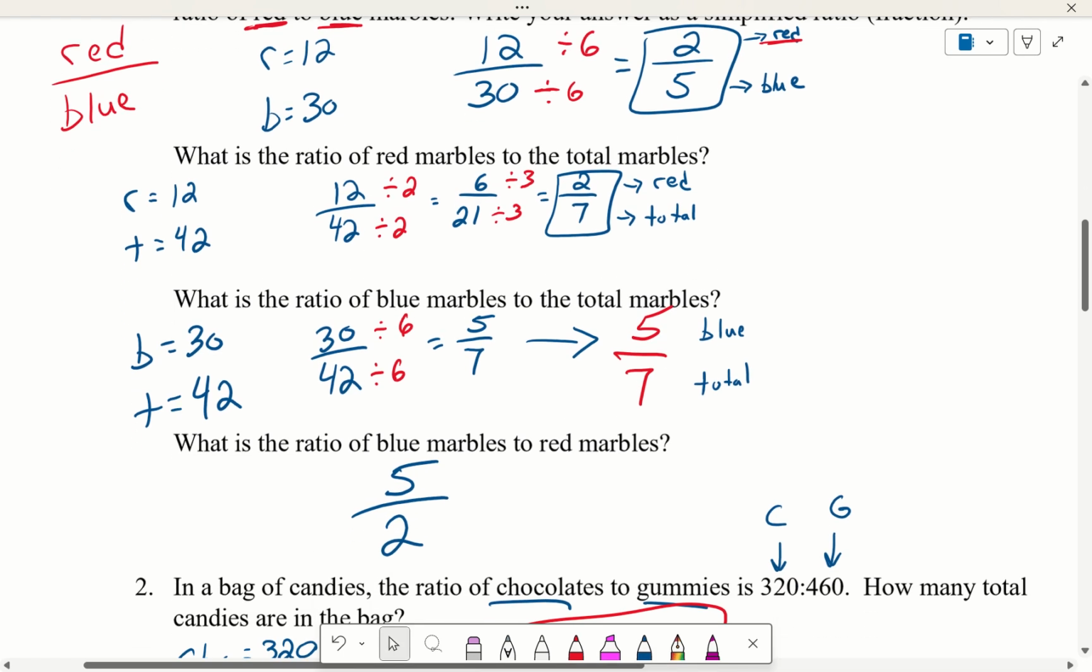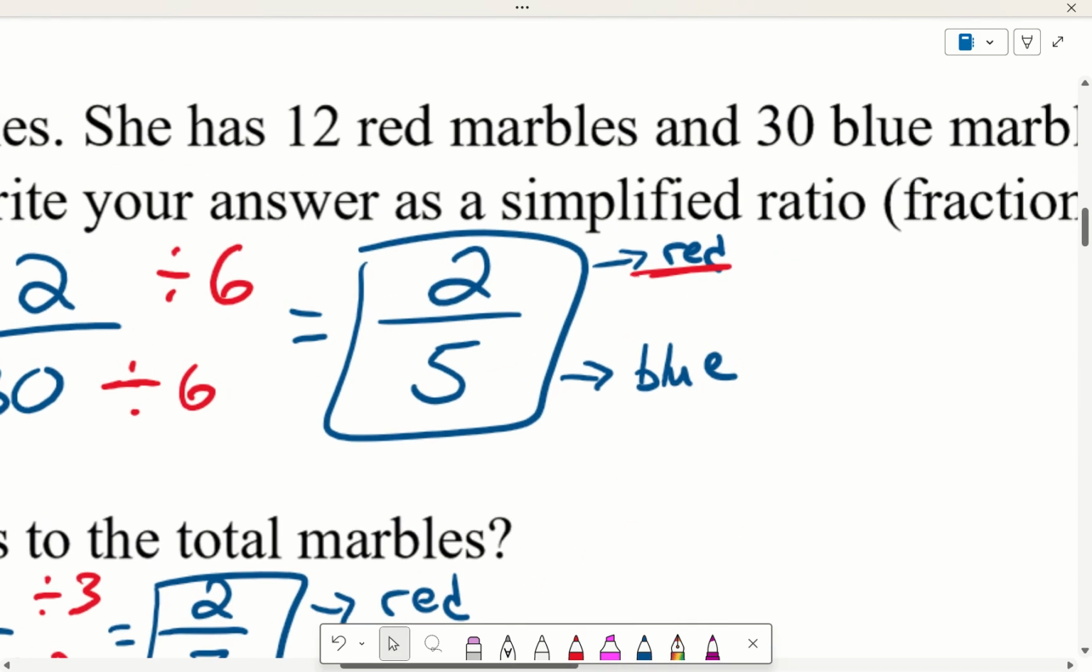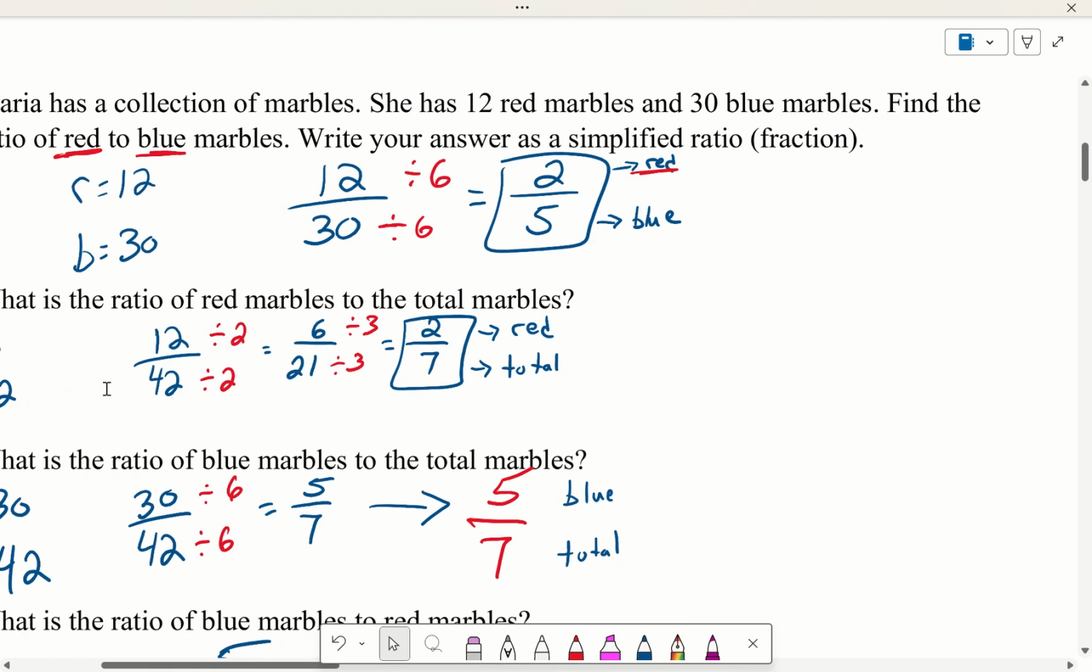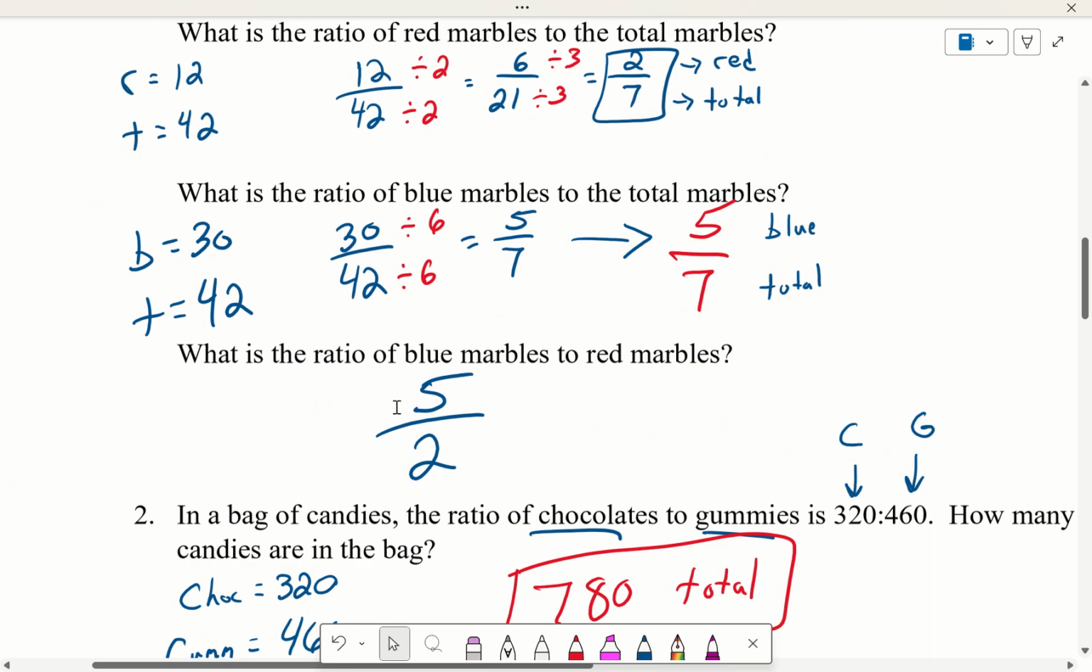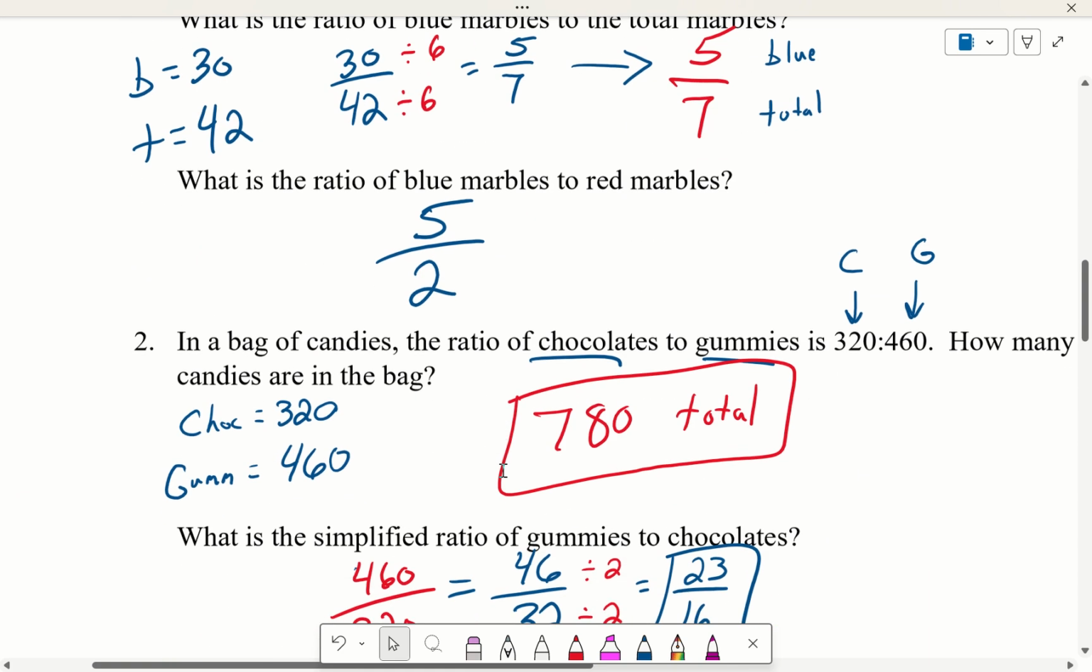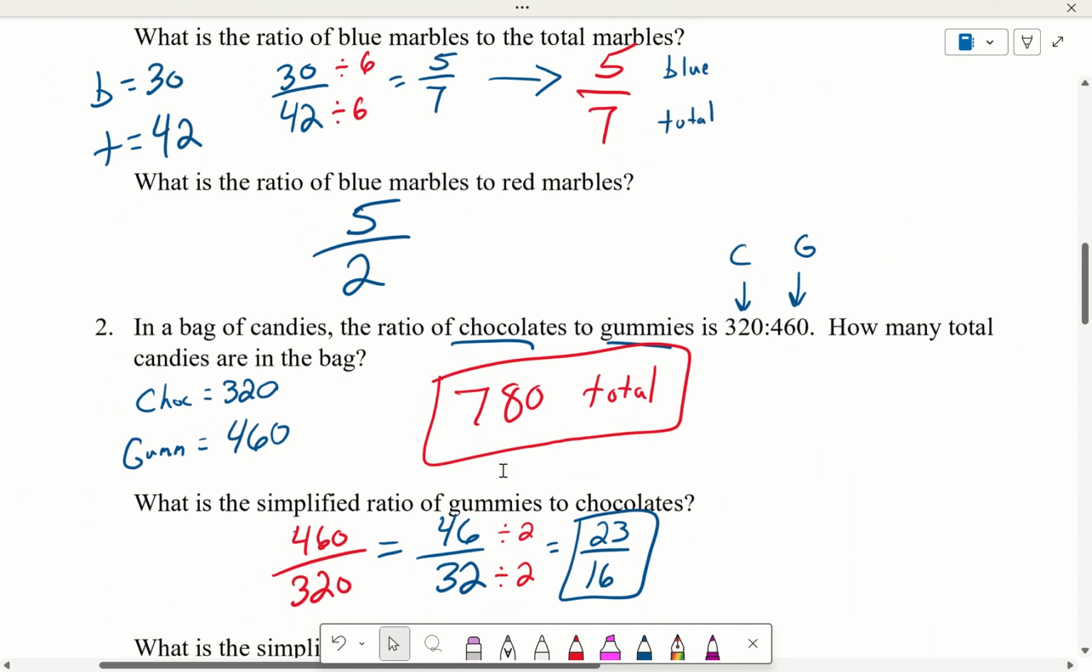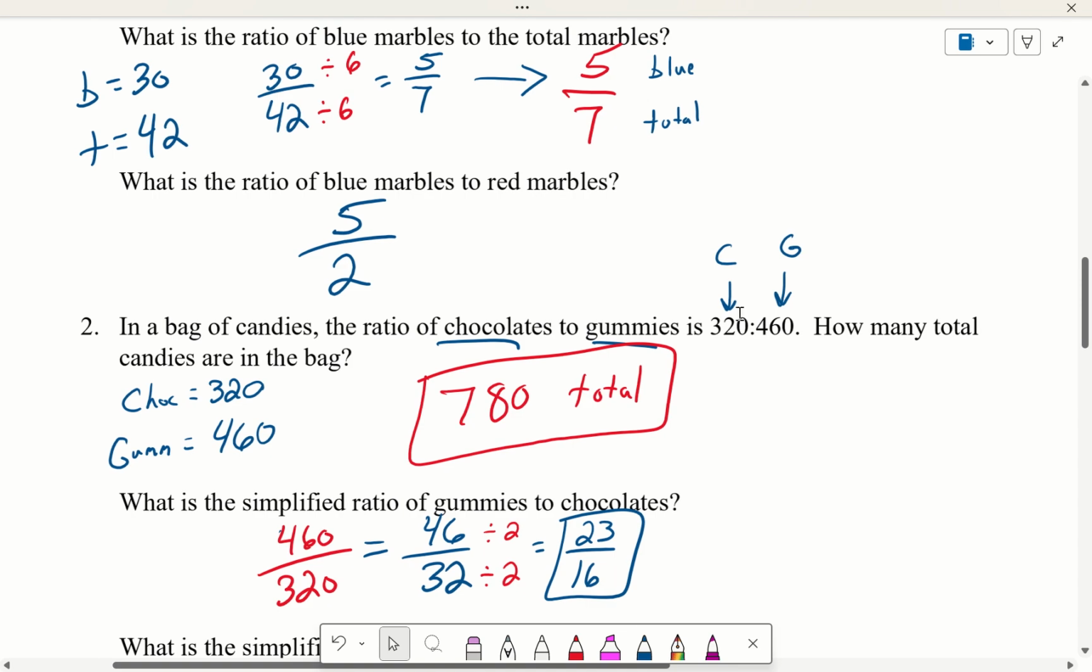What is the ratio of blue marbles to red marbles? Well, on the first problem here, we found the ratio of red to blue was 2 to 5. So the ratio of blue to red is going to be 5 to 2. 5 to 2 there. Number 2, in a bag of candies, the ratio of chocolates to gummies is 320 to